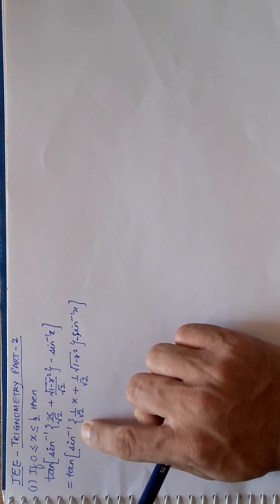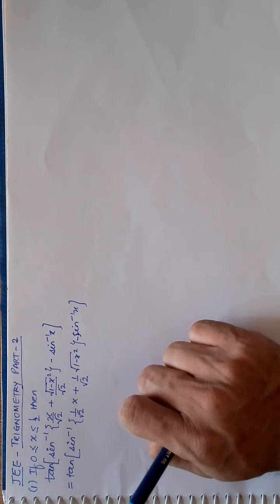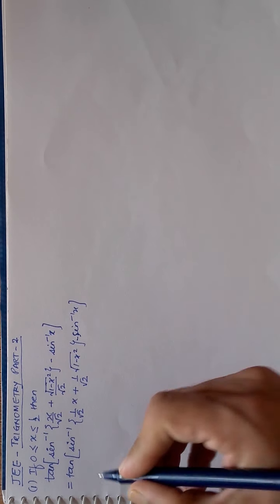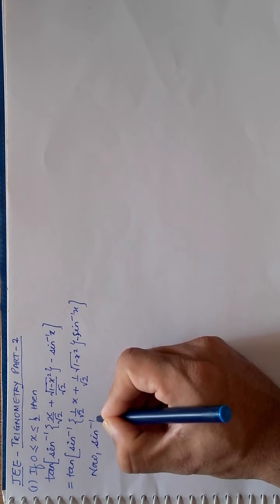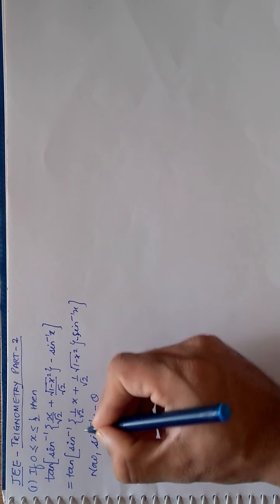Okay. Now how can I get this x converted? For that I will pay attention to this sine inverse x. That is, if this sine inverse x which is there, I take it to be theta, then whatever I am showing you may not seem to be technically very correct, but it works out. Okay, sine inverse x is equal to theta, whereas it is the smallest possible angle. Always remember, it is the smallest possible angle. So here sine inverse x is equal to theta.